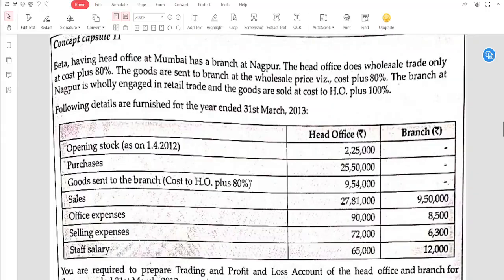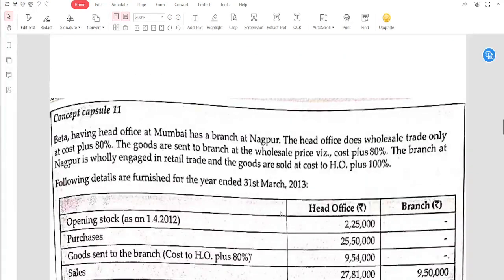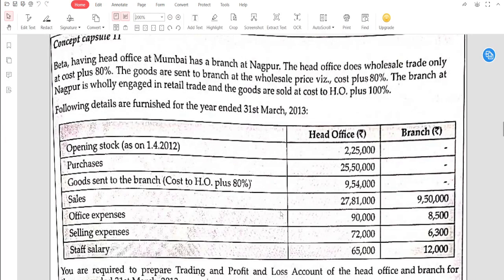अब चलते हैं नेक्स्ट क्वेश्चन में, ठीक है। देखिए कॉन्सेप्ट कैप्सूल 11, हाँ। देखते हैं इसको क्या है। कॉन्सेप्ट कैप्सूल 11 में चलिए।